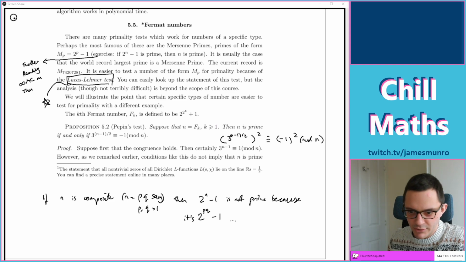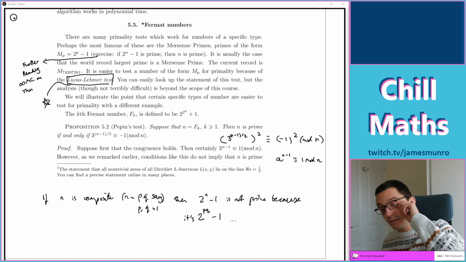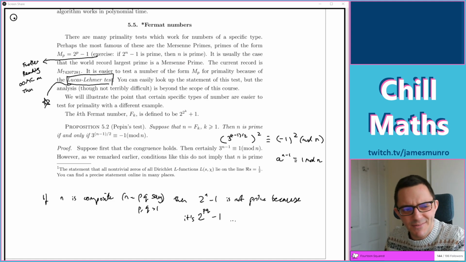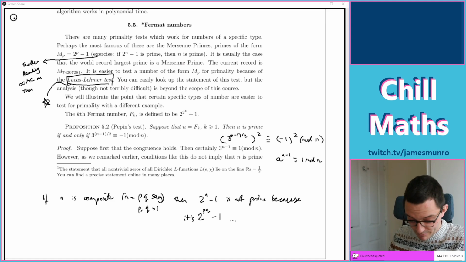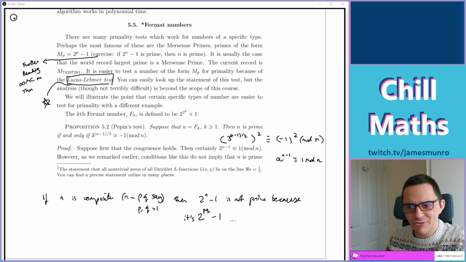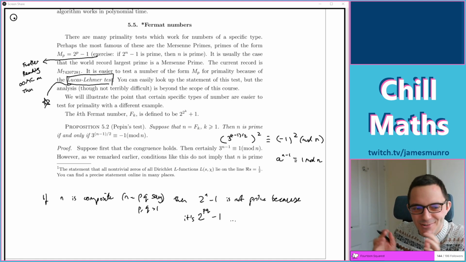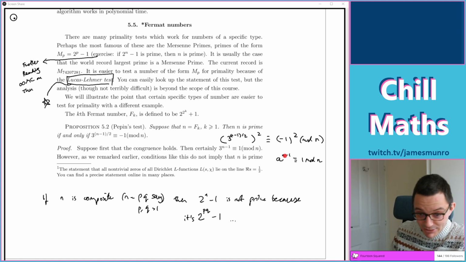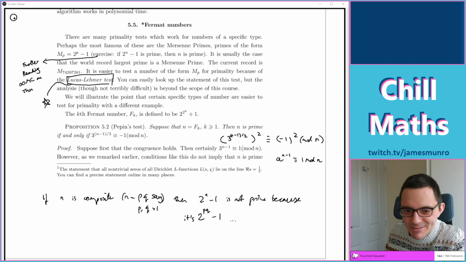Right, so this is quite good because this looks a bit like a to the n minus 1 is equivalent to 1 mod n for this number a, which is a bit like Fermat's Little Theorem. Fermat's Little Theorem says that if n is prime, then this is true for all a. And what we've seen is actually quite a weak version of that, which is trying to do the converse and just for the number 3. So instead of checking for all a, we've just seen, 3 satisfies this equation. Maybe it's because n's prime.